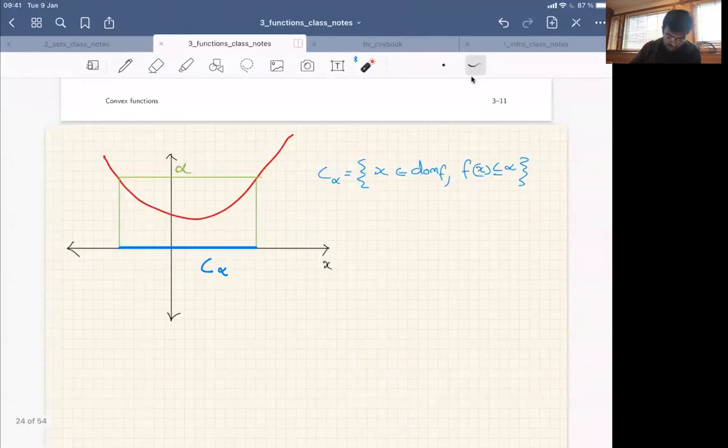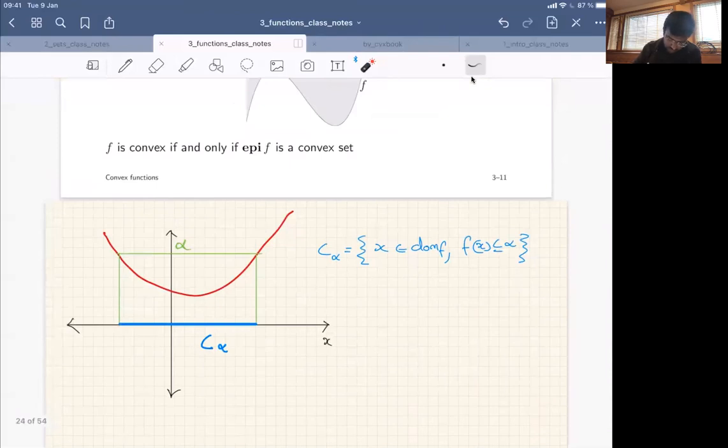So it's very simple. You have a function here. So this is f of x. My sublevel set C alpha is x belonging to the domain such that f of x is less than alpha. So let's consider this alpha, and the sublevel set corresponding to this alpha is